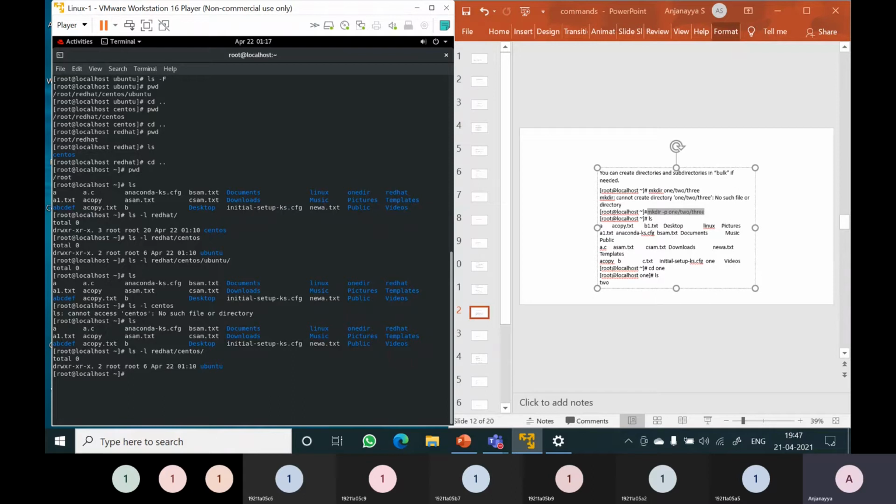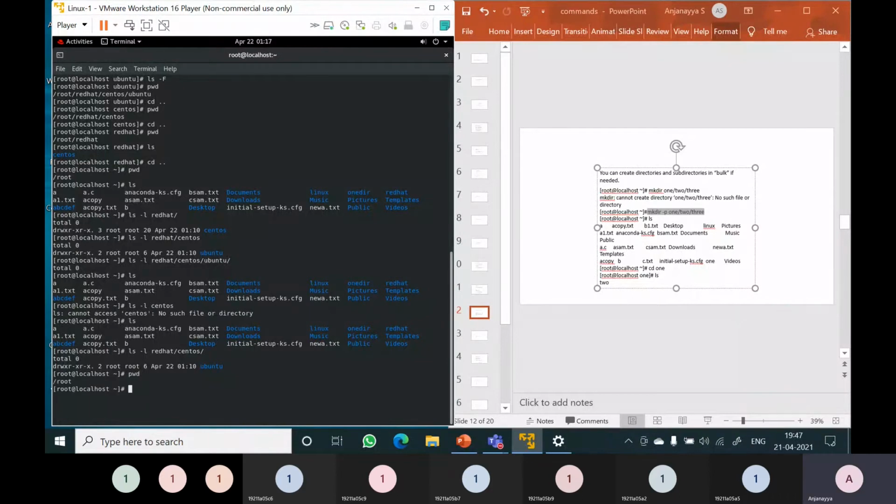Then you will get the directory contents of CentOS. CentOS is containing Ubuntu. If you want to see the subdirectory details, you have to give the full path. You cannot directly give ls -l CentOS because the root directory is not containing the CentOS directory.